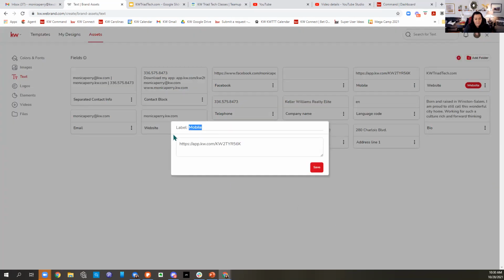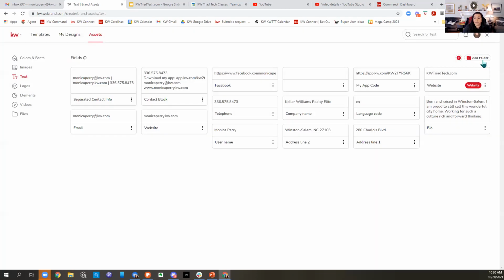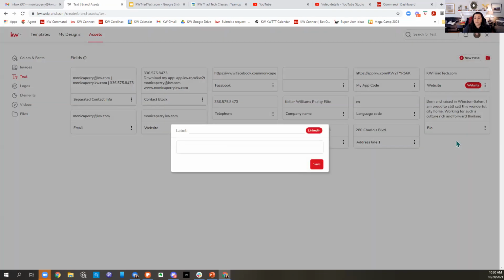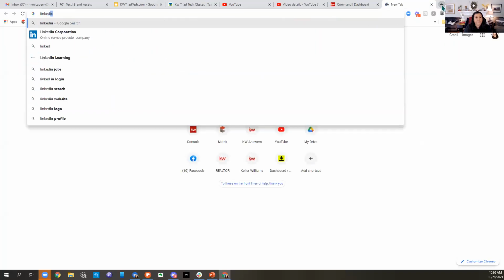And so this is actually my app code and save. So I can add as many things of text as I need. I can denote what it is. So say I wanted my Facebook, I've already done Facebook. Say I wanted LinkedIn. I could just go to my LinkedIn profile